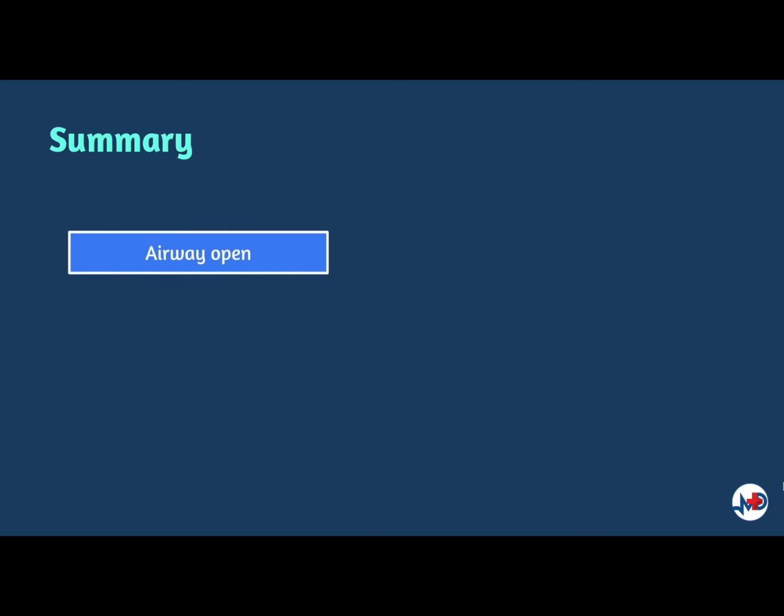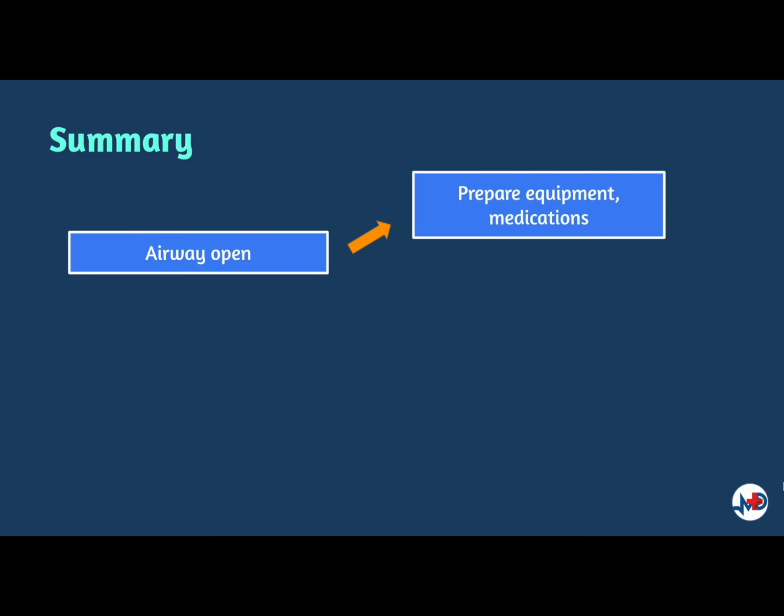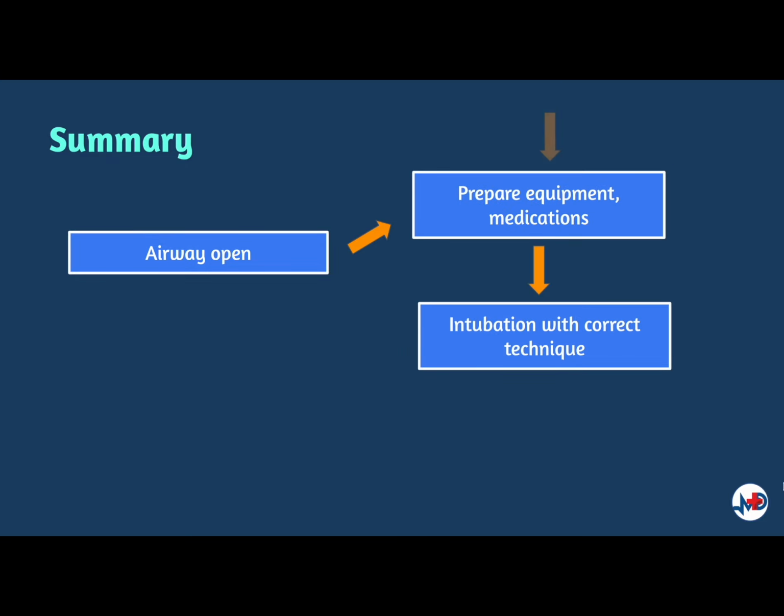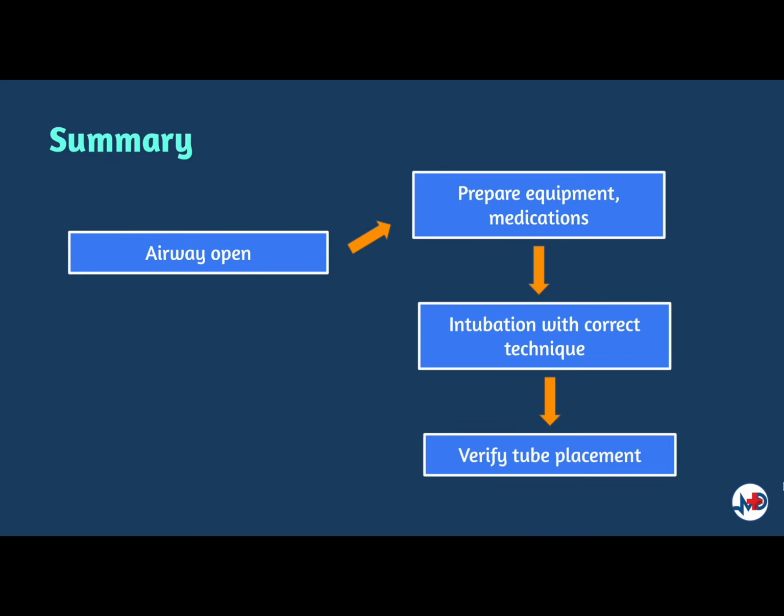So let's recap. Endotracheal intubation is a method used to ensure a patient's airway is kept open and secured to enable mechanical ventilation. Ensure preparation of equipment, medications, and patient before the procedure is done. Induction agents are carefully prepared according to the recommended dose per body weight to ensure a smooth induction which enables